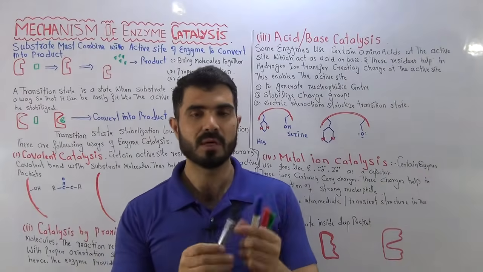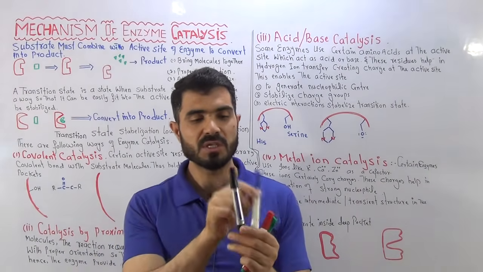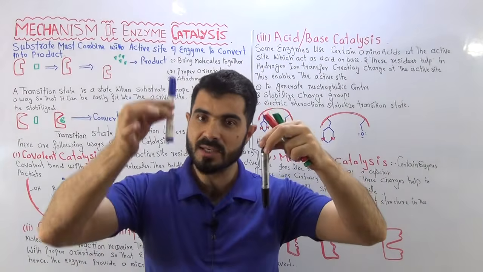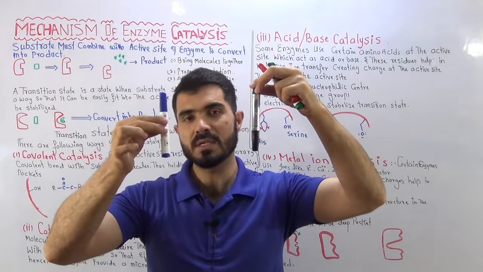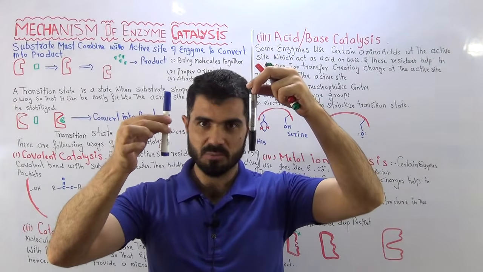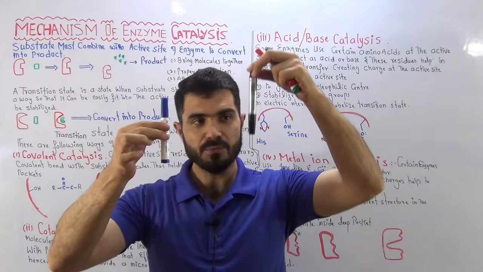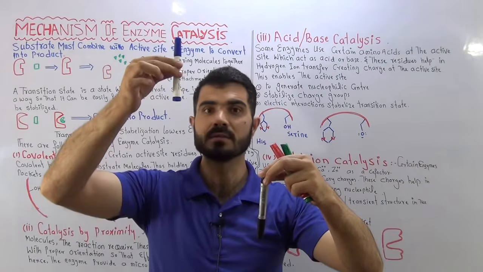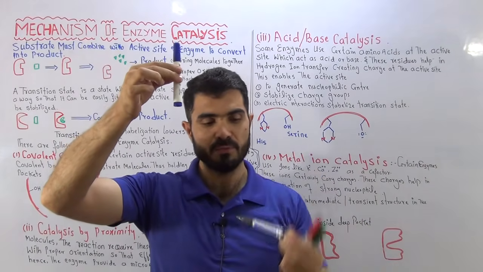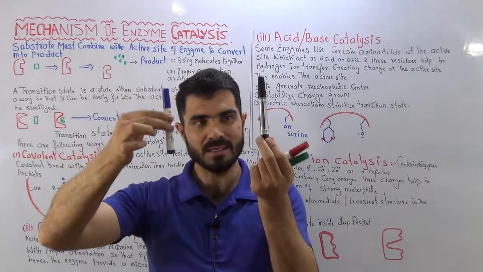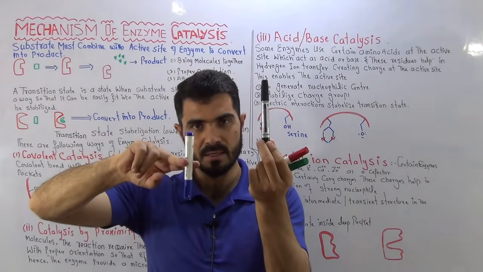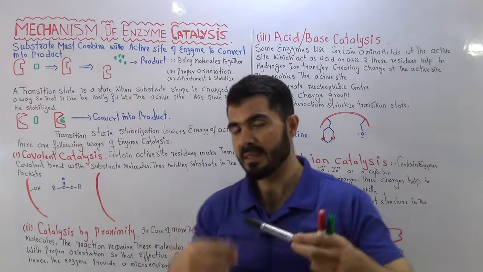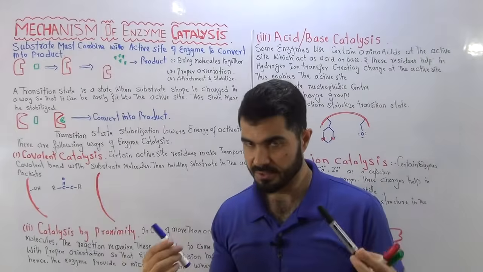Remember, whenever the energy of activation is decreased, the reaction speed will increase. These two things are always inversely proportional to each other. If you decrease the energy of activation, the reaction speed will increase. If the energy of activation is increased, the speed will decrease. So up to this point we are clear. Today's lecture will be the mechanism of how the activation energy is decreased. Okay,